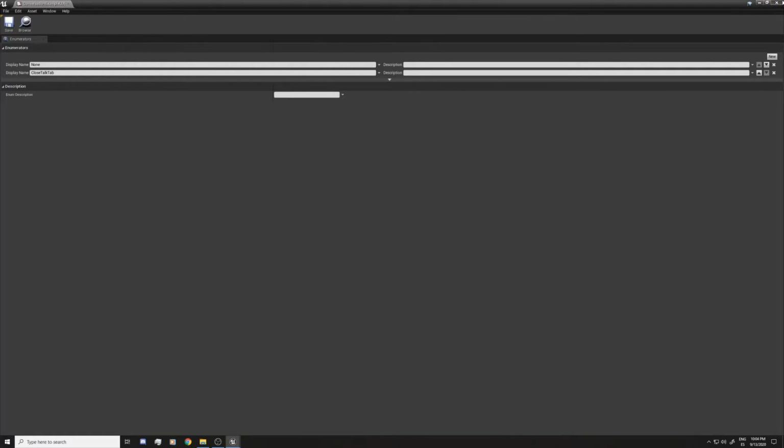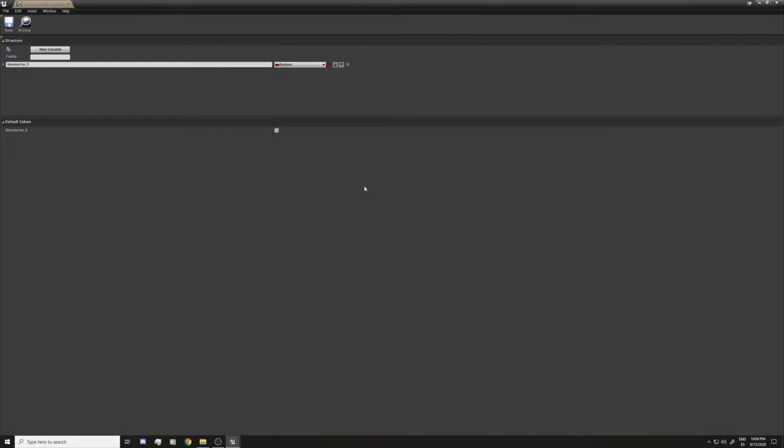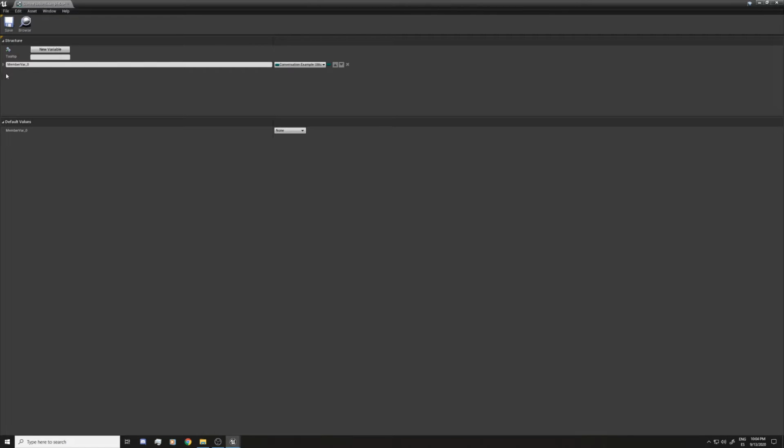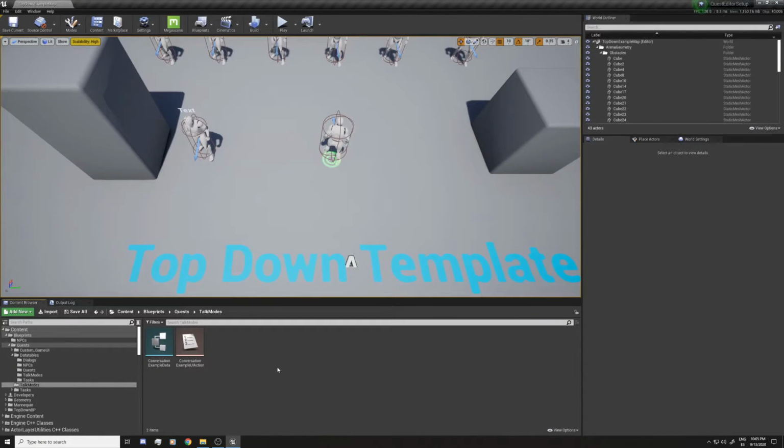I'm going to save and close, and in the structure I'm going to use that enumerator. If you search it, conversation example UI action is this one. I'm going to call this action. Of course, this is a structure. You could have many more enumerators or different data. For this tutorial we're going to have a very simple one. So let's save this, and what we're missing now, well, we need a conversation